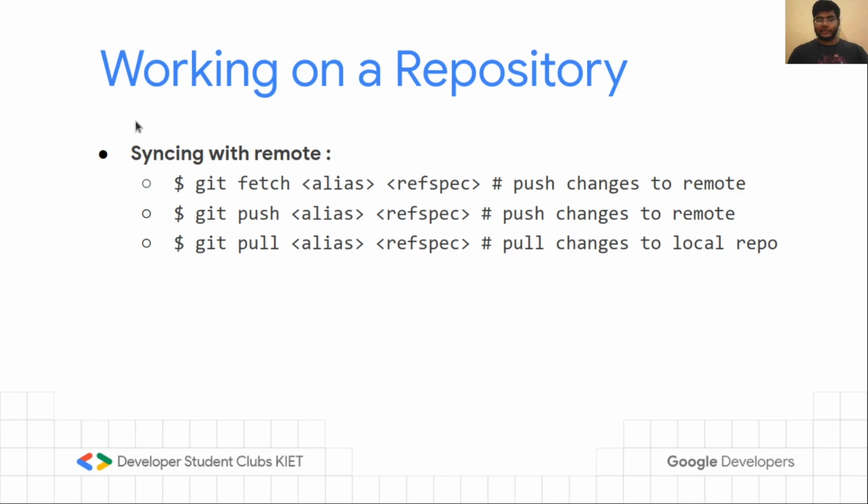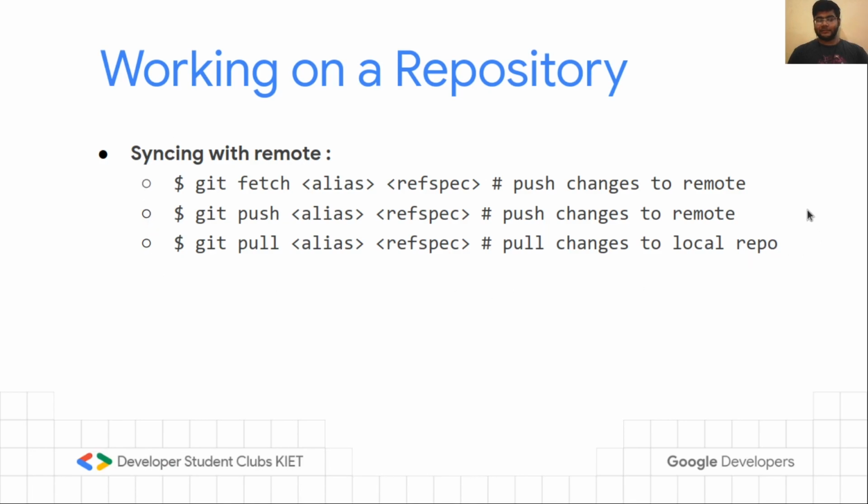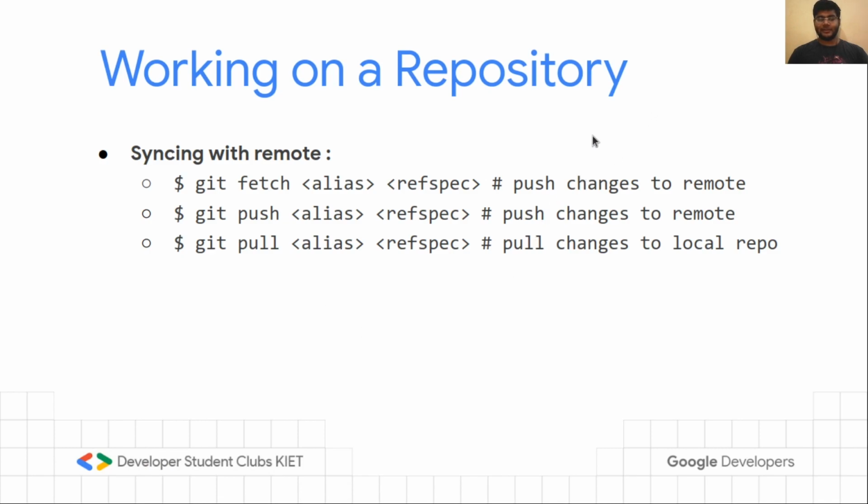So now we have done quite a lot of stuff in our local repository. Let's try to connect it with our remote repository and push our changes to the remote. So we basically use these three commands for this. First one is git fetch. Git fetch is used to pull your changes from the remote to your local, but it does not affect your existing branches. So suppose if you fetch master, it will create an origin/master and put all the changes in the remote to your origin/master branch, but will not affect your current branch.